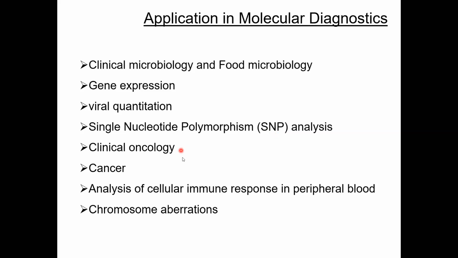You can use it in clinical oncology to study expression of various genes. For some genes, expression is increased, like the DHFR gene, the dihydrofolate reductase gene, whose copy number increases in these cancers. So if you run a PCR reaction to see the copy number or the expression of the gene, you will know that the gene is amplified, which probably means that this